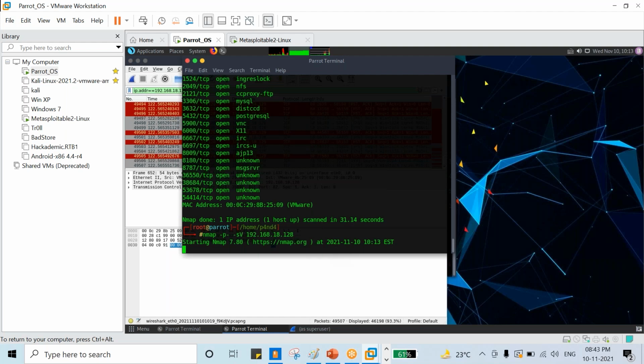Based on the services, you can find out the vulnerabilities. If the vulnerabilities exist, you can find out the exploits and exploit that particular service. So wait for a second, guys.